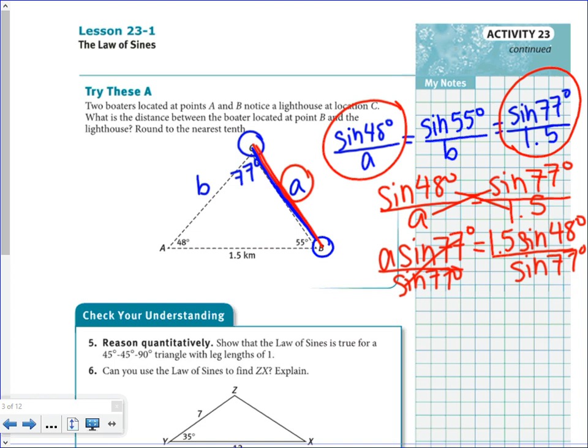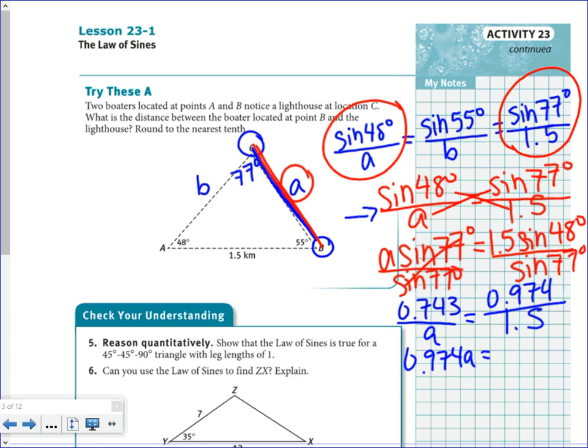The other option is to actually make the decimals. So come in here, sine of 48 is 0.743 over A, and sine of 77 is 0.974 over 1.5. And so then you would cross multiply, and so we'd have 0.974A, and then 0.743 times 1.5 is 1.1145, and then you divide by 0.974,